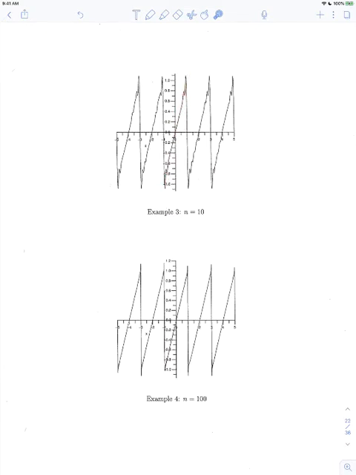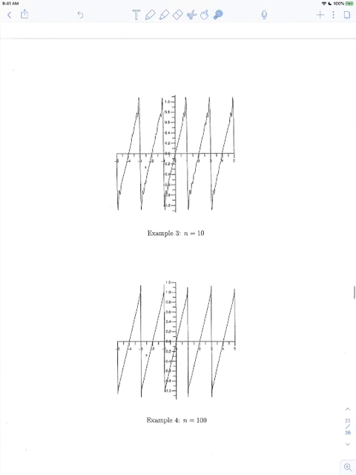And if you go up to n equals 100, it really looks like a straight line. Now notice these lines that look almost vertical here. They're not actually vertical lines. There is a curve connecting this peak to this valley. The sine series, we're adding together 100 terms, but every one of those terms, let me just scroll back